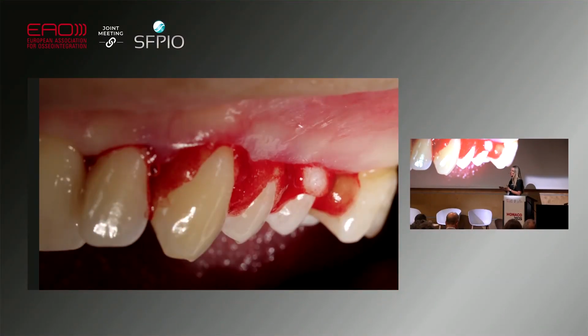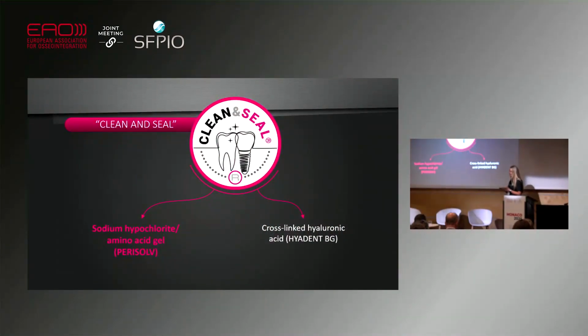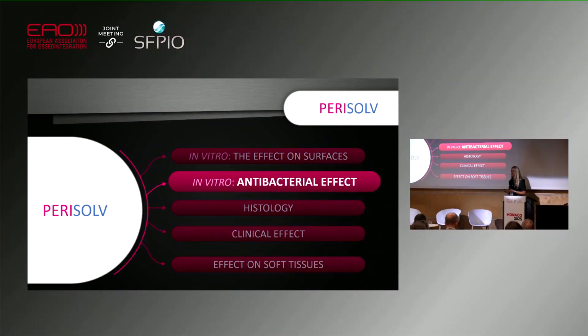We see the ability of hyaluronic acid in making the blood clot very stable. And this is an important prerequisite for primary healing. So, dear Tony explained much about hyaluronic acid, but I have to mention Perisolv, that is the chloramine gel, because this is an important factor in this duo. So several